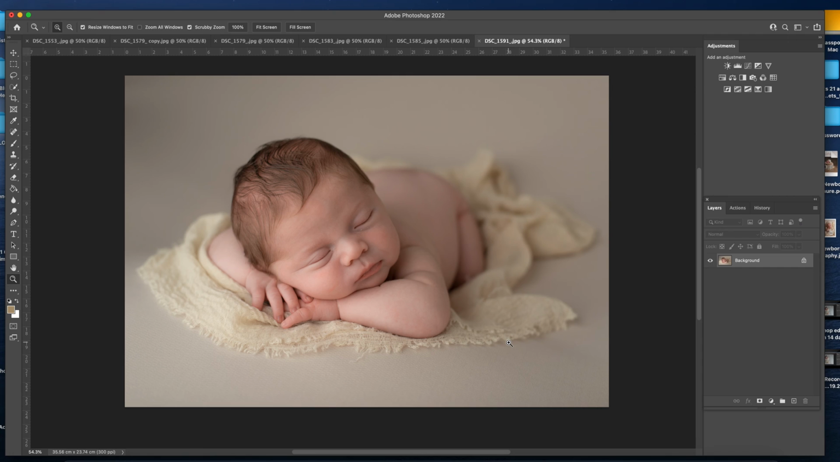View of Delilah on the blanket, and this is pulled straight out of Lightroom. Again, I haven't done anything to it since then, so I'm going to show you because there's another little extra thing which I would do with this baby in this particular picture. So you can see here that the baby's arm is just a little bit too bright in my opinion, so